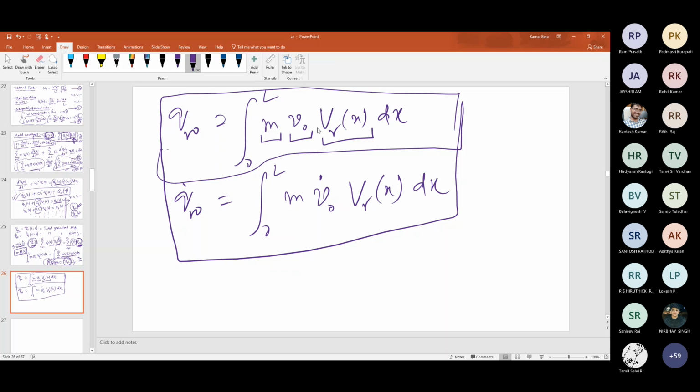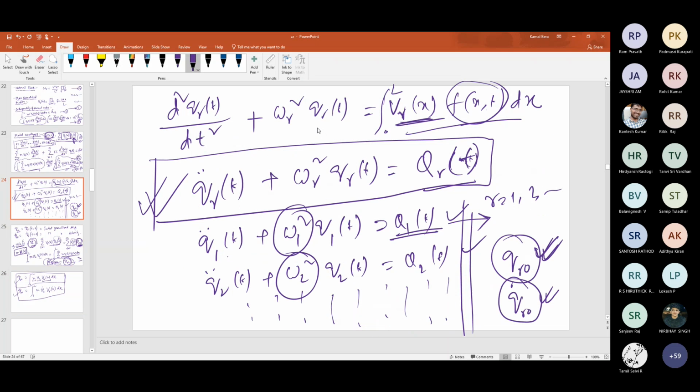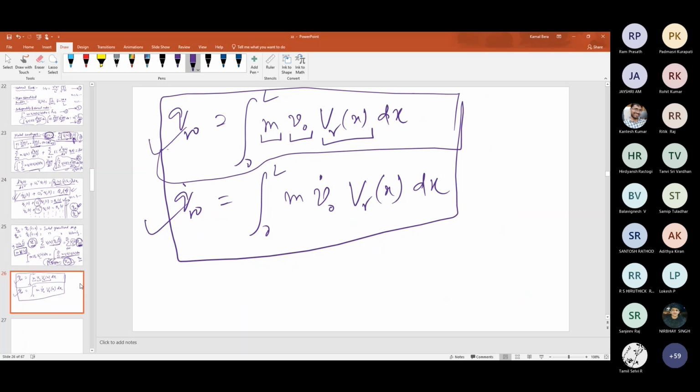And once you have these initial displacement and velocity, you can solve each individual equation because everything is now known to you, right? You can solve the single degree of freedom equation, and then you can substitute Q1, Q2, Q3 in the modal summation, that is my assumed solution, to get the response. So you have learned a big thing: how to solve a continuous system using mode superposition.